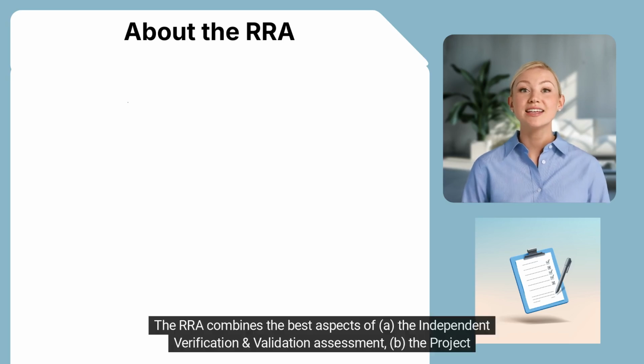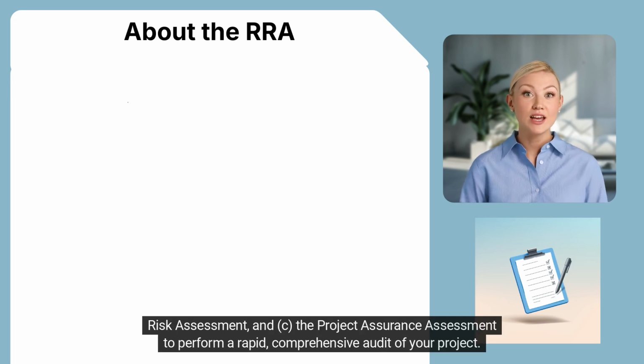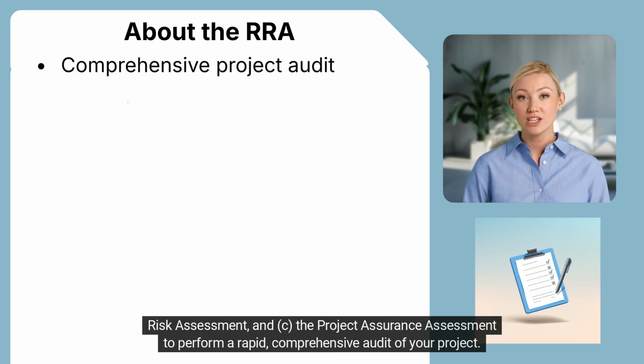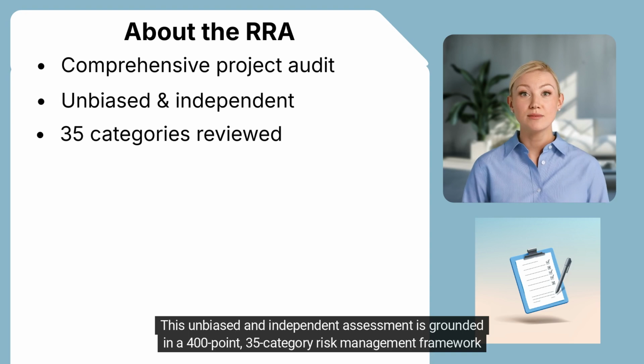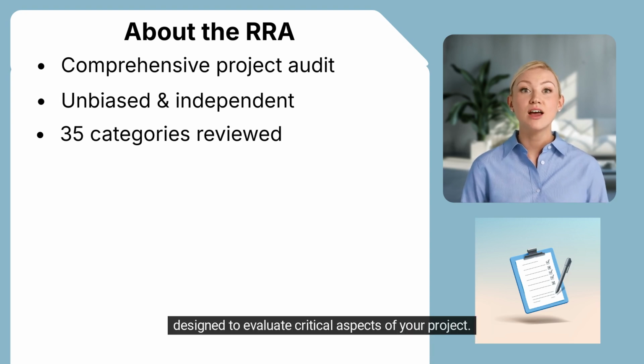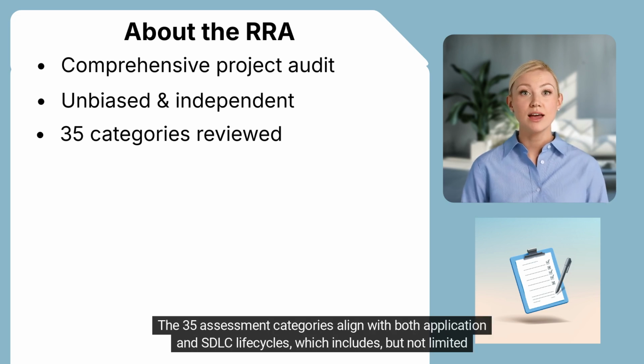The RRA combines the best aspects of A. The independent verification and validation assessment, B. The project risk assessment, and C. The project assurance assessment to perform a rapid, comprehensive audit of your project. This unbiased and independent assessment is grounded in a 400-point, 35-category risk management framework designed to evaluate critical aspects of your project. The 35 assessment categories align with both application and SDLC life cycles, which includes, but is not limited to,